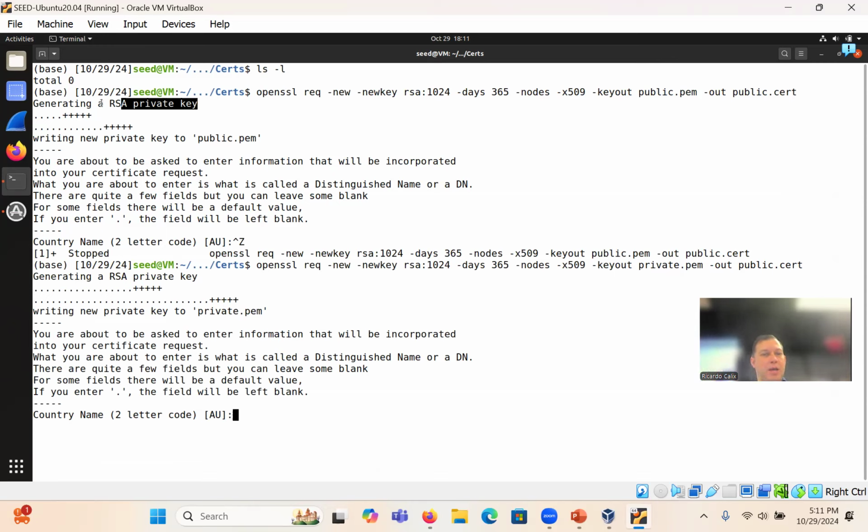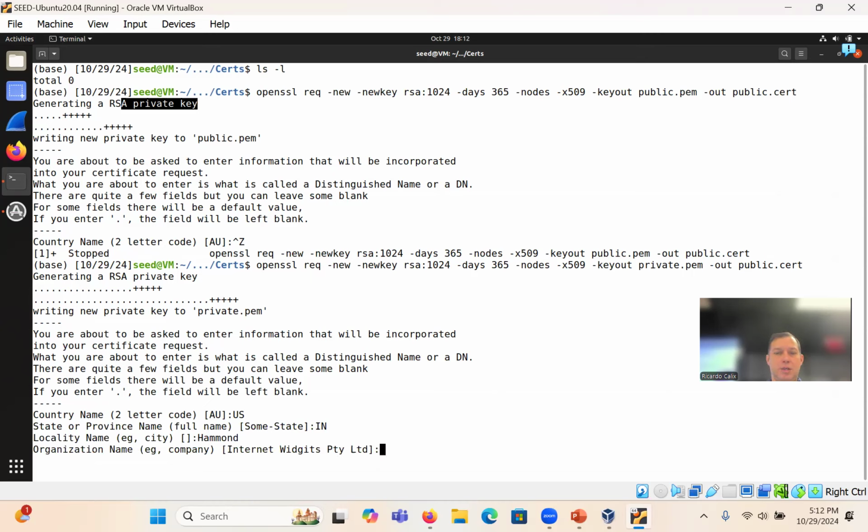So now let's go ahead and follow these instructions here. Because this is another wrapper around the key with more information, we have to put in some things. So country name, 2-letter code, so I guess US. State or province name, so Indiana. City, some of these, by the way, I think we can leave blank, but I guess we can. It's important that you do this carefully also, because obviously when you reuse it, if you change a parameter, it could affect things. Okay. So Hammond,